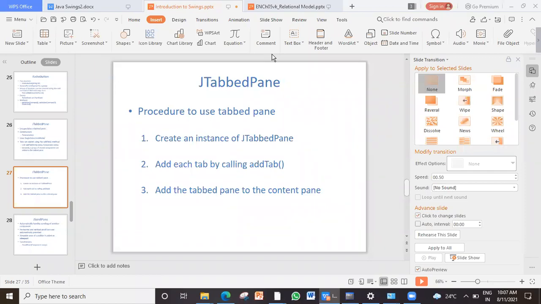So the PowerPoint window you can consider to be a content pane. What is a content pane? Long ago when I started Swing, I told you that normally a Swing interface is considered to be a glass pane. It is formed by different panes. There are 4 panes I have already covered, and even in the notes I will not go back to that because I missed it. But wherever you place the component, that is called a content pane. So you can place that on the content pane. These are the steps.